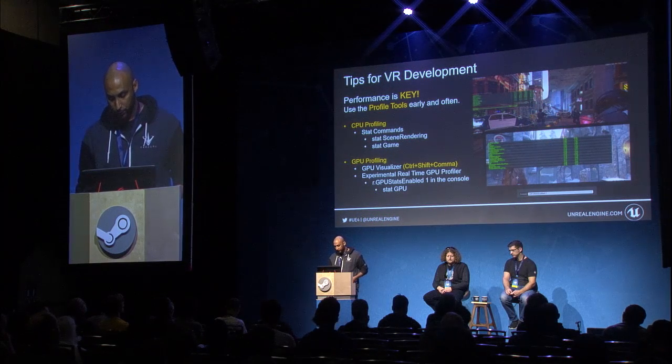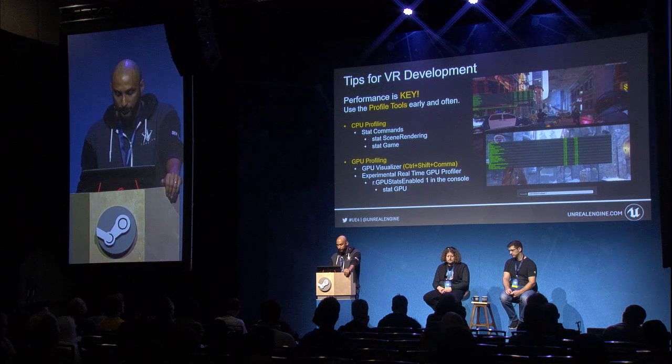Also, just introduced with the latest engine release, a new real-time GPU profiler has gone into the build. Currently, you can enable it through the console, and it provides per-frame stats for each of the major rendering categories. And those stats are cumulative, so you can see all the major categories without having to dig through a tree of events to get relevant information. Now, this is a new feature. It's still early in its infancy, and we're still continuing to support it, and additional documentation will be coming online for it shortly.